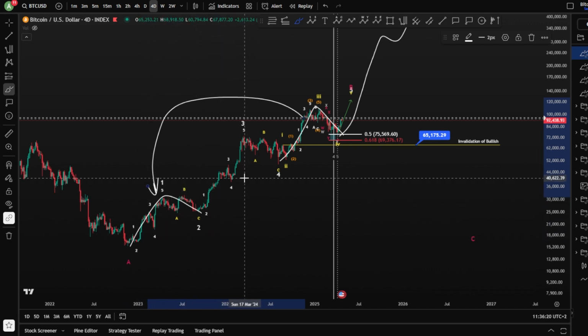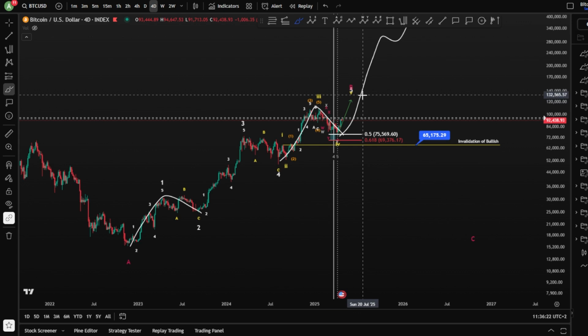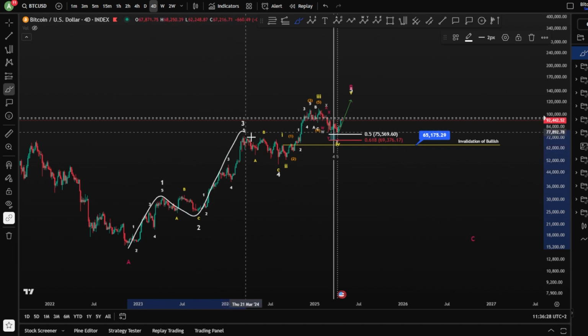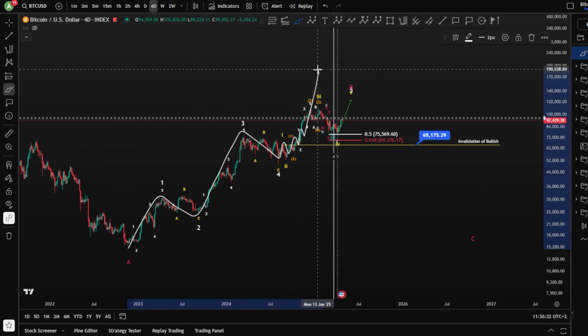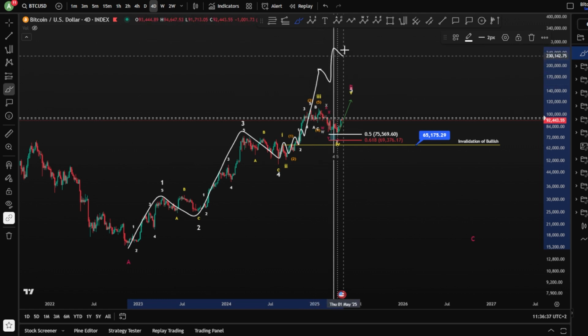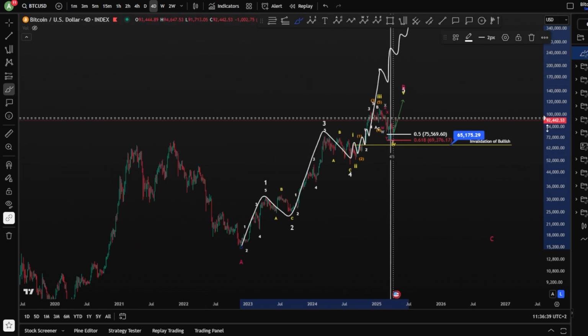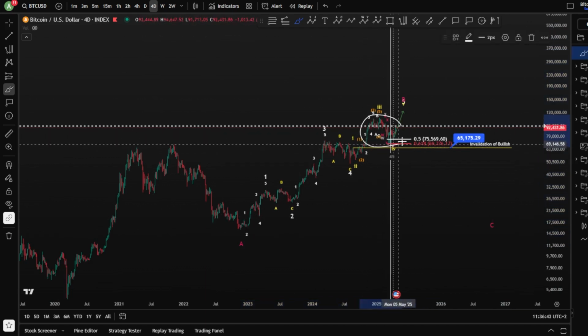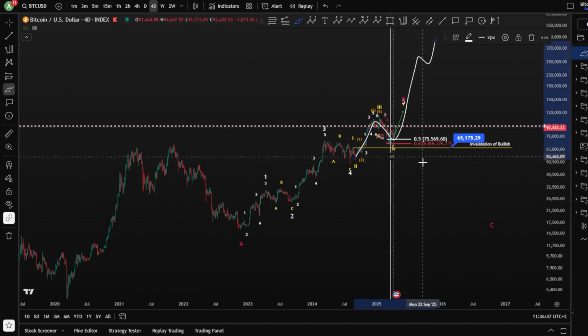This is the first guideline, of course, for an extended wave 5. In case you are in an extended wave 5, you would like to see the following: 1, 2, 3, 4, 1, 2, 1, 2, 1, 2, wave 3 hitting the 2.618 as fib level, 4, 5, 4, 5, 4, 5. This would be, of course, an extended wave 5. This cannot be, of course, a wave 1, 2 of an extended wave 5.